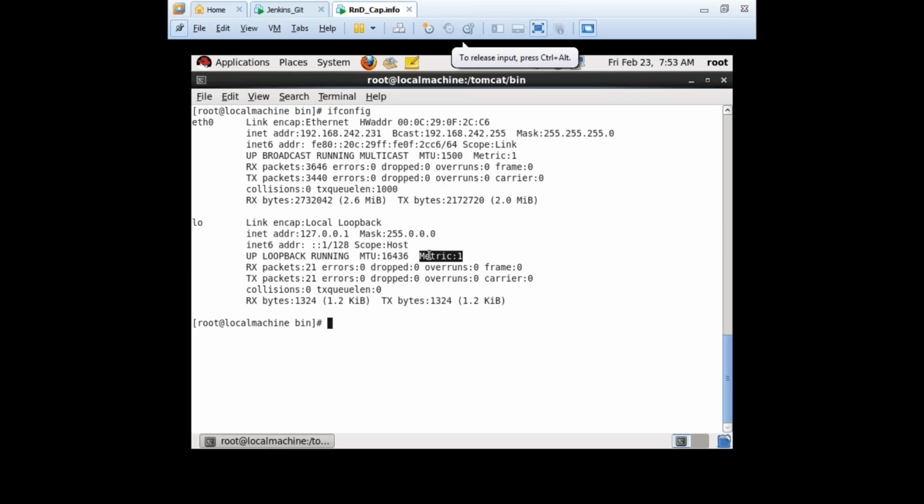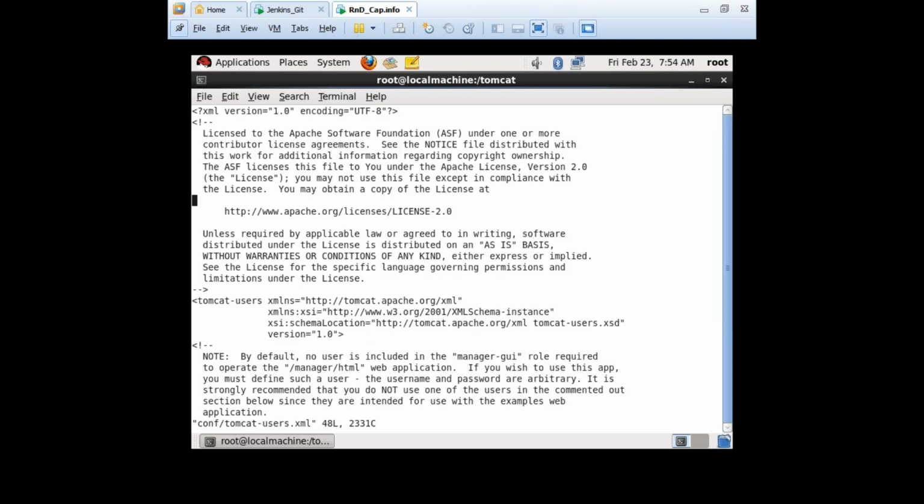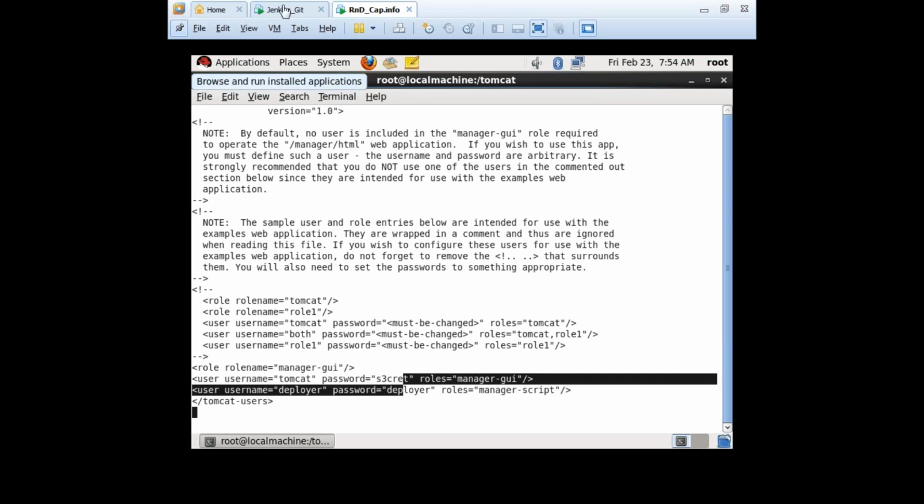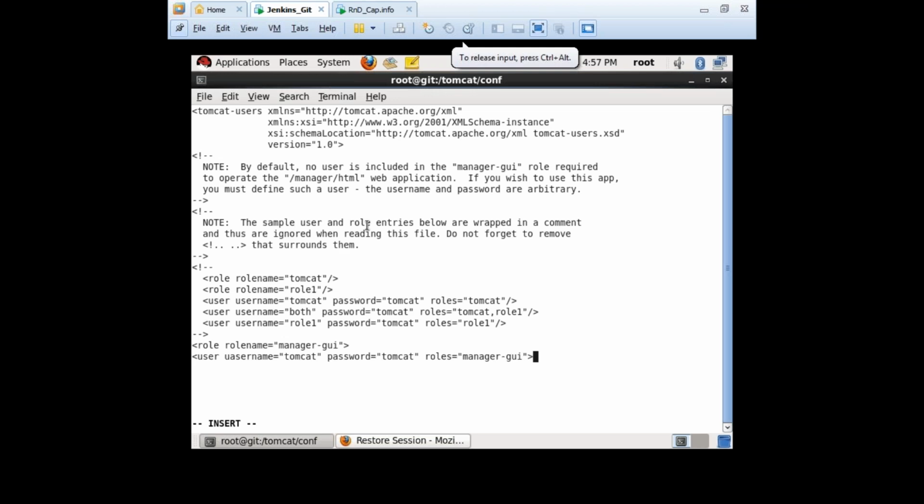Deployer, yeah, sorry, manager-script, sorry. If you want to deploy, as of now we are using this role to manage our applications.